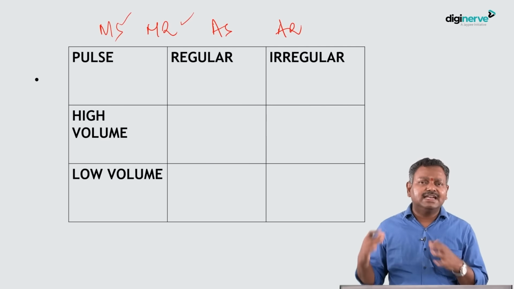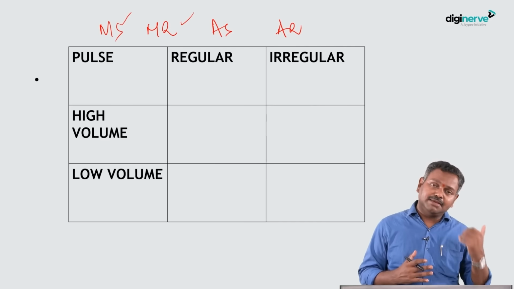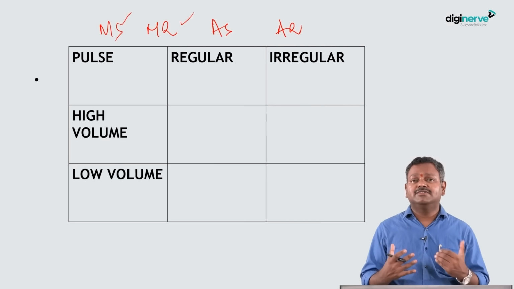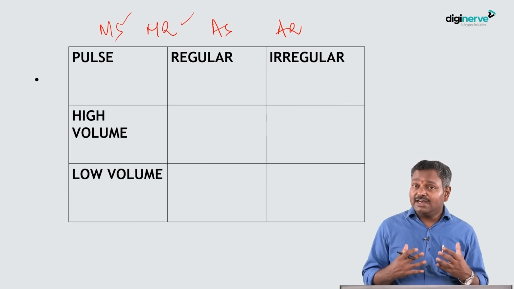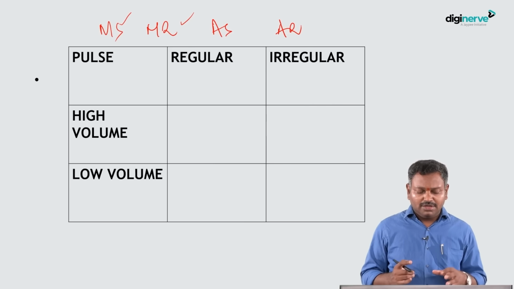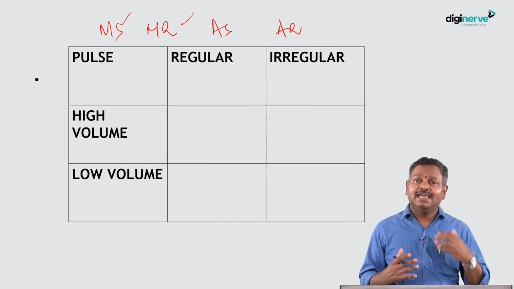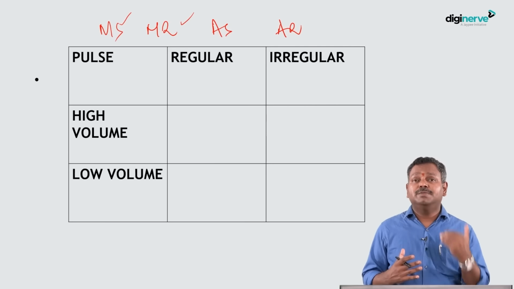Aortic valve disease, it is a little rare. So in case of mitral valve disease, be it MS or MR, we get atrial fibrillation, so you can get an irregular pulse. In aortic valve disease, irregularity, atrial fibrillation is less likely. So, volume of the pulse, we have already discussed: high volume pulse, AR and MR; low volume pulse, MS and